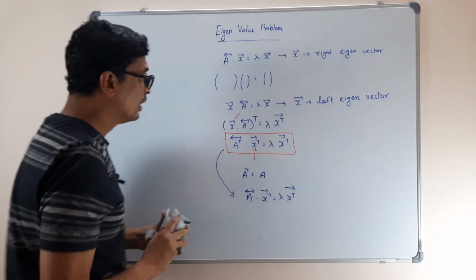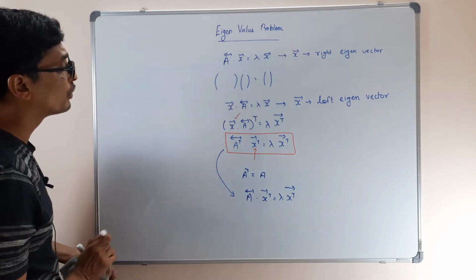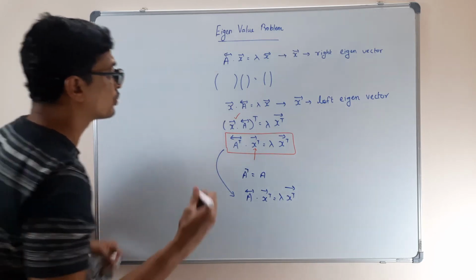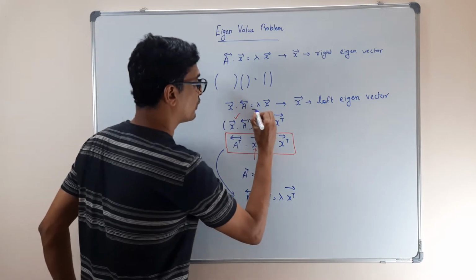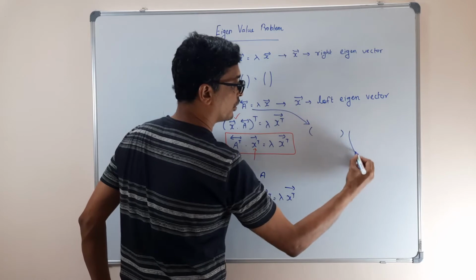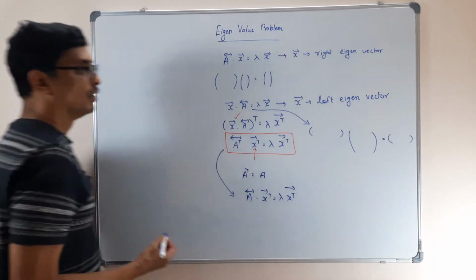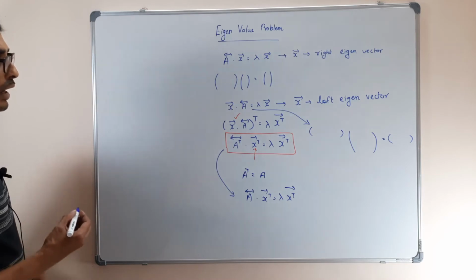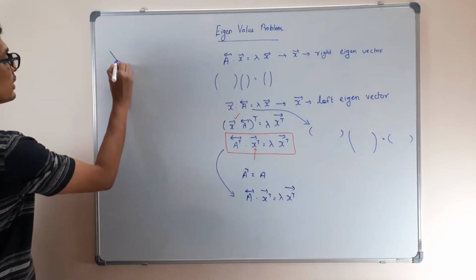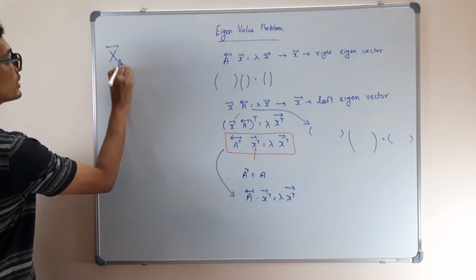So if you remember, the left eigenvector problem will be something like a row matrix into a square matrix, and that will give you a row matrix. And I'm going to construct a square matrix